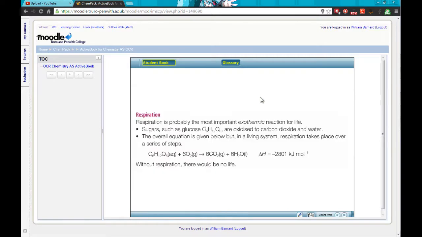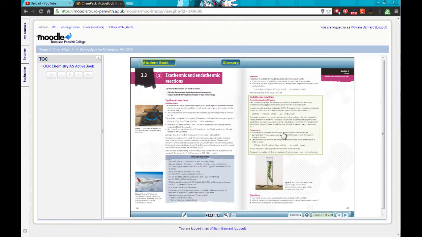And respiration is another example of an exothermic reaction. So nothing much to be said here other than for every 1 mole of reactant we get 6 moles and 6 moles of products. We get minus 2,801 kilojoules per mole there. And endothermic